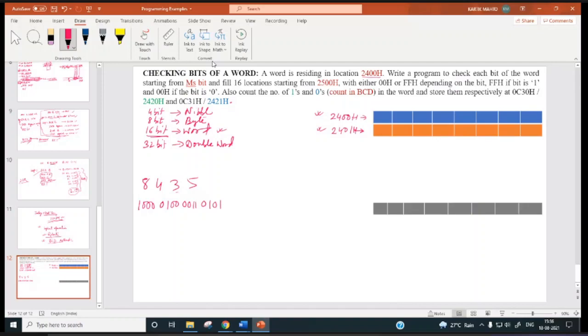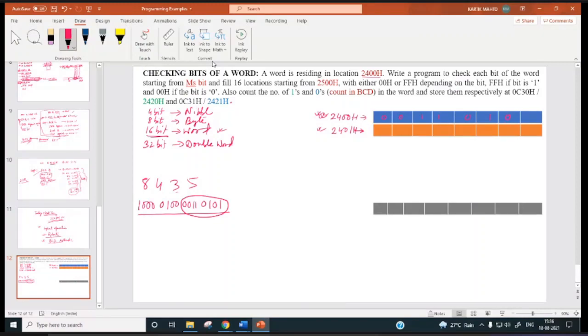So this is a 16-bit data. Now it is stored in memory location 2400. The lower 8 bits will be stored in the lower location. So 0011 is here, then 0101 is here.